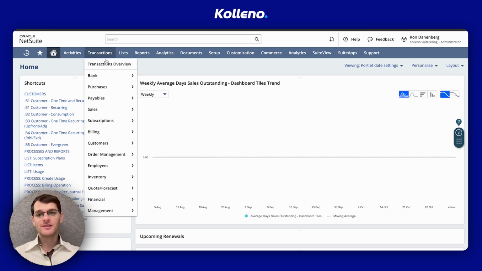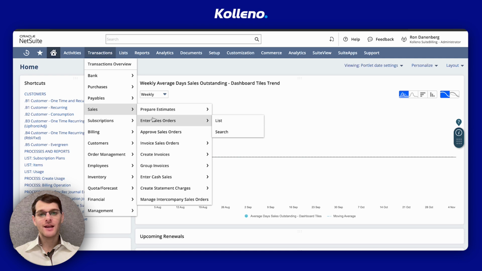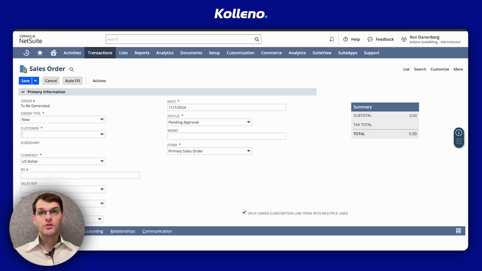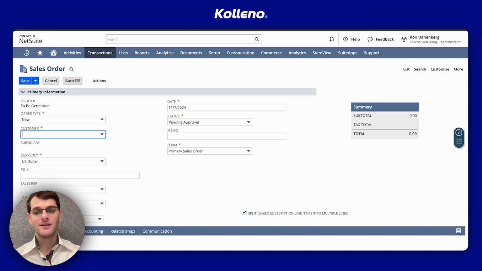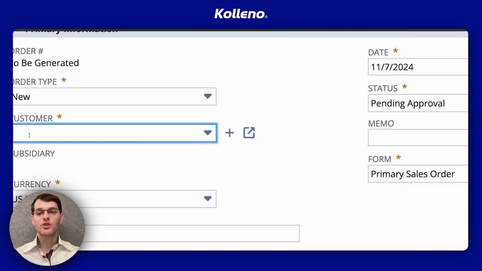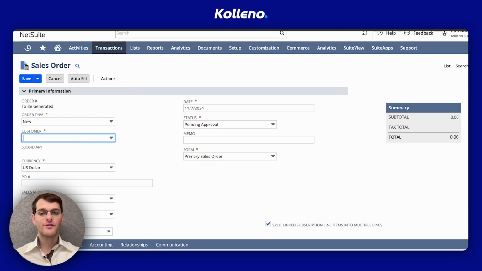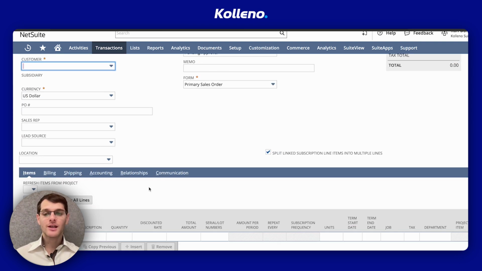So I will go to Transactions, Sales, Enter Sales Orders. On this page, if you have a start date field, you enter the date for the first invoice, and if you leave it blank, it will basically use the sales order date as the first billing date. You select a customer here as usual, which you are familiar with, and then to assign a billing schedule,